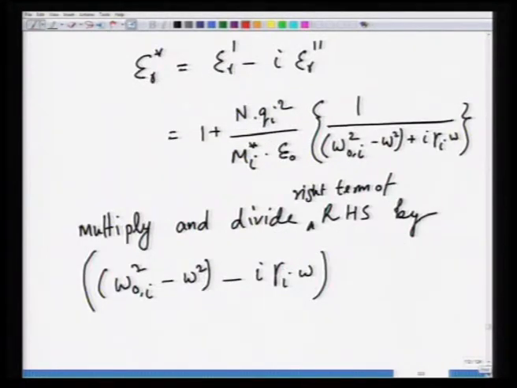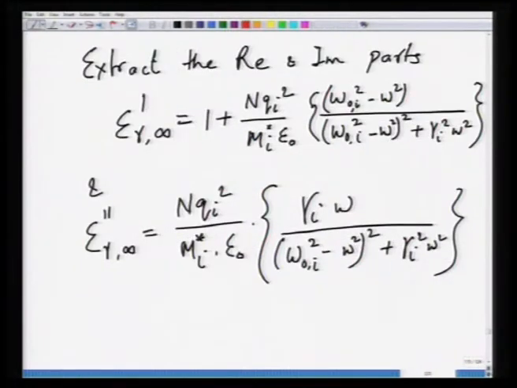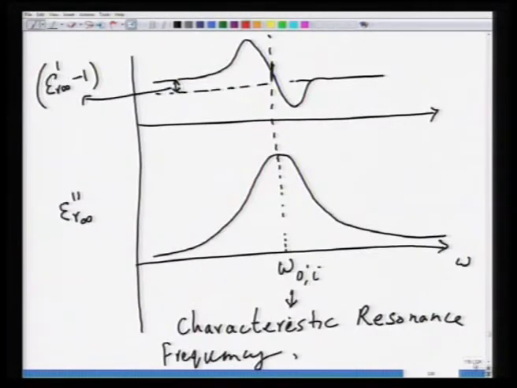And from this you can also extract the real and imaginary parts of the dielectric constant, and you can have a look at the dependence on omega. If I go to the next slide, this is the expression for epsilon r prime, this is the expression for epsilon r double prime, and based on these two expressions you can make a plot of dielectric constant versus frequency, and you can see that when you plot the dielectric constant versus frequency, it has this anomalous region,